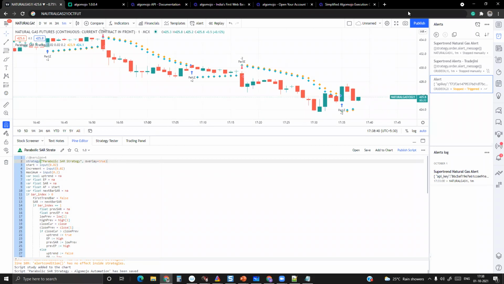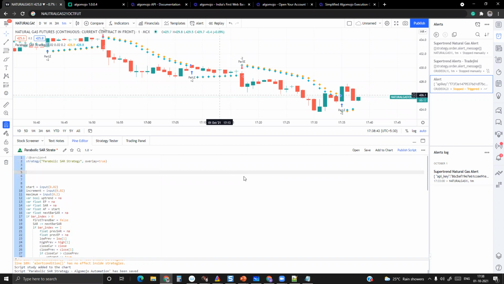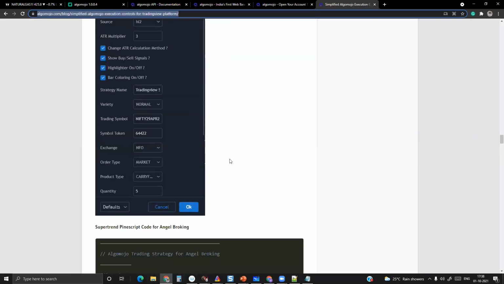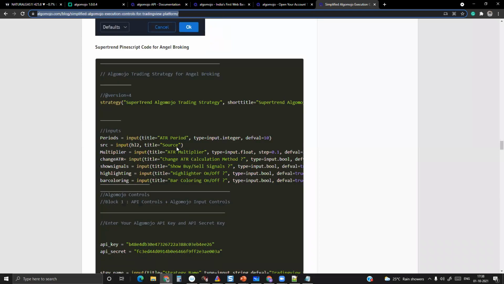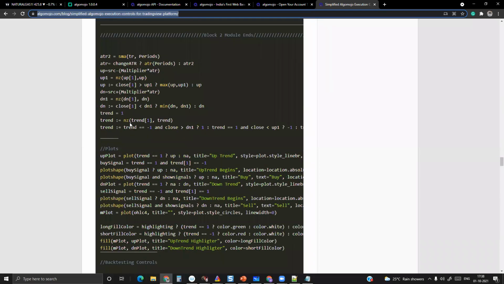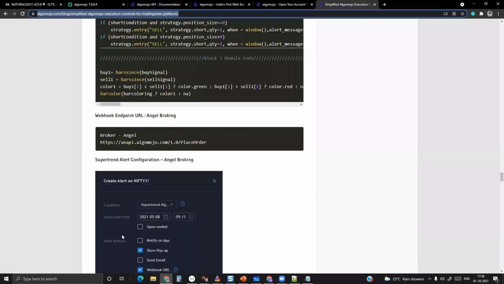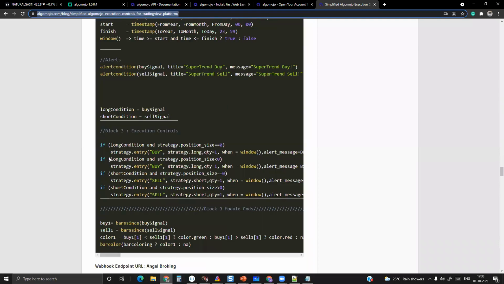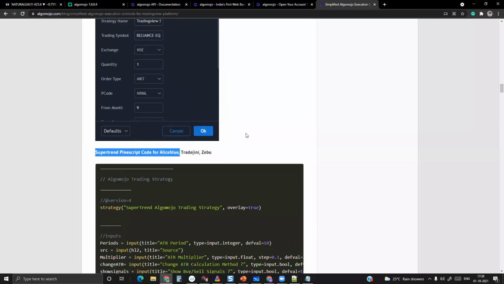So if I go to simplified algo execution, I have a code for that particular broker. Where is that particular broker's code? Go to that sample strategy itself. So here is the super trend code for Alice Blue, Trejini, and Zebo. If you go to this code, there is a block 1.